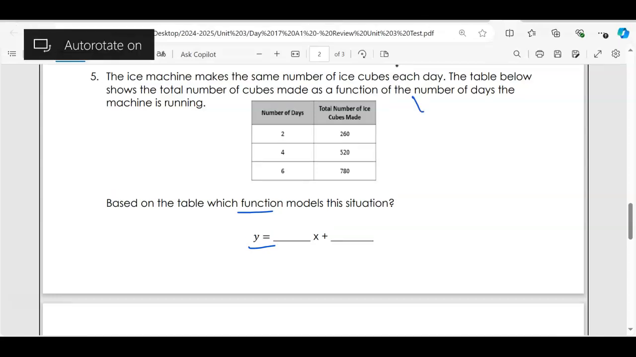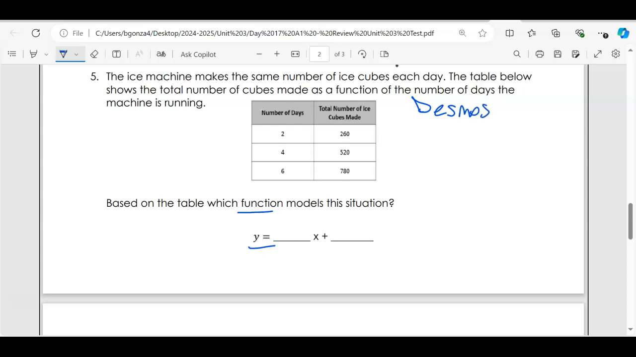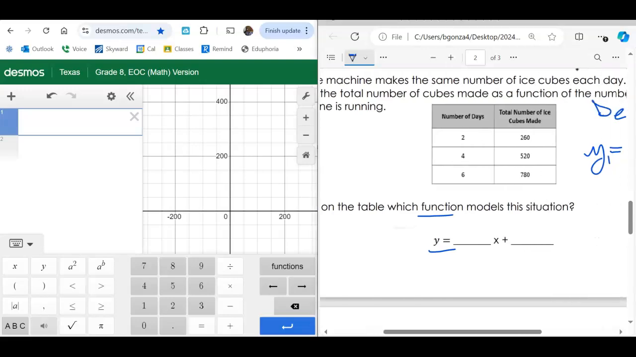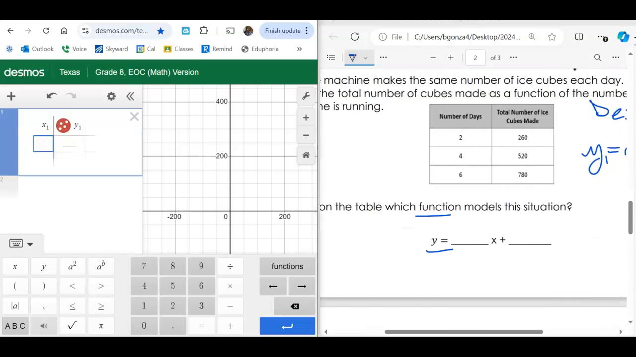You're going to use Desmos. That's the most correct way. You type in the table, y equals y1 equals m x1 plus b. Let's try that one again. Plus sign, table. 2, 4, 20,